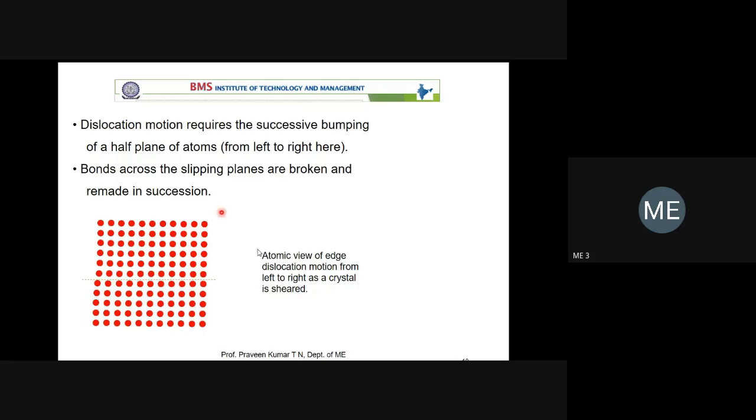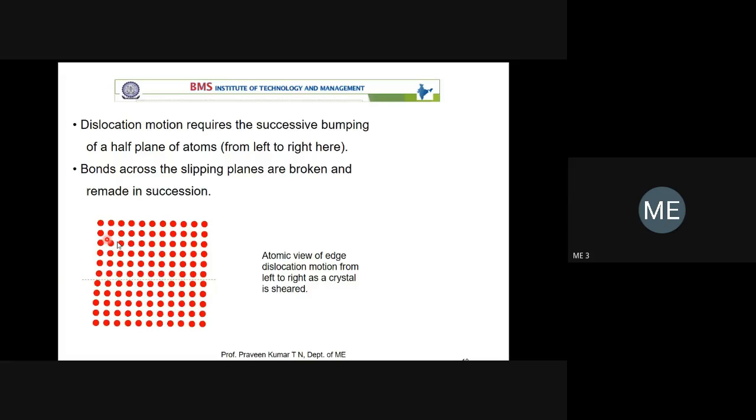So now you can see this is one more schematic sketch. We have the top half plane. This is one crystal. So within the crystal, or within the solid body crystal, there is one plane. This plane is referred to as the crystallographic plane or crystal plane. We have a dotted line. This dotted line is the crystal plane.